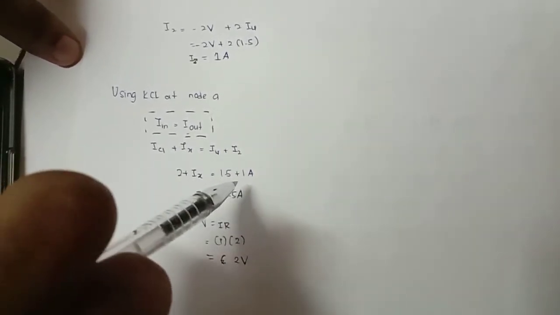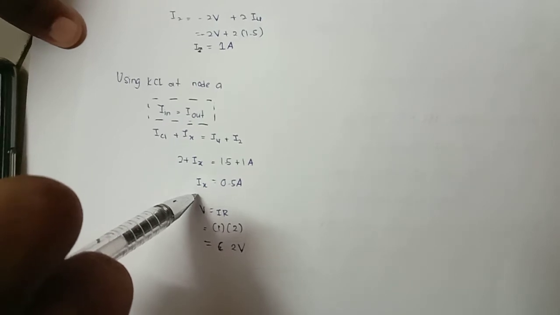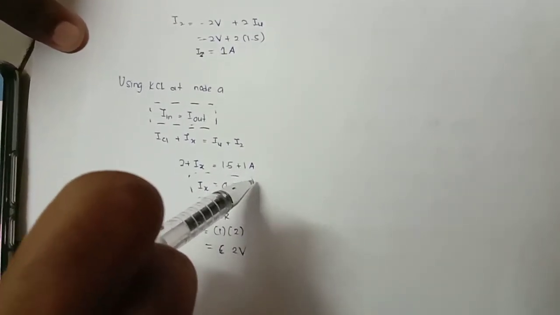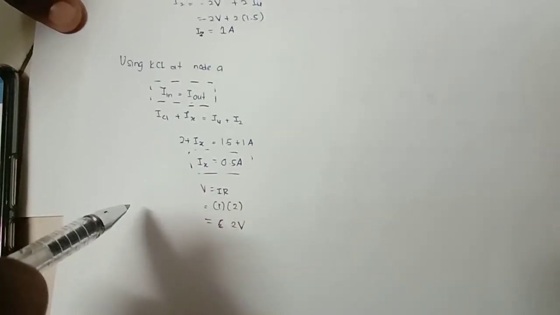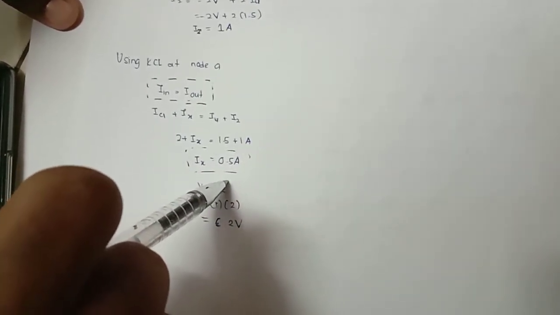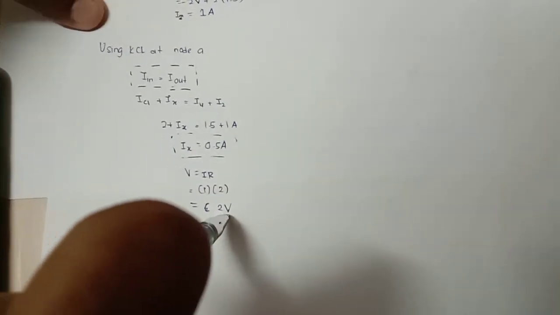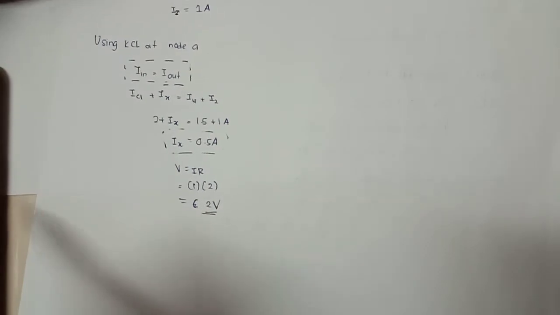So when we substitute, we find the answer, which is Ix equals 0.5 amperes. So when we use Ohm's law, V equals IR, we will get the voltage as 2V. That's the explanation for the first